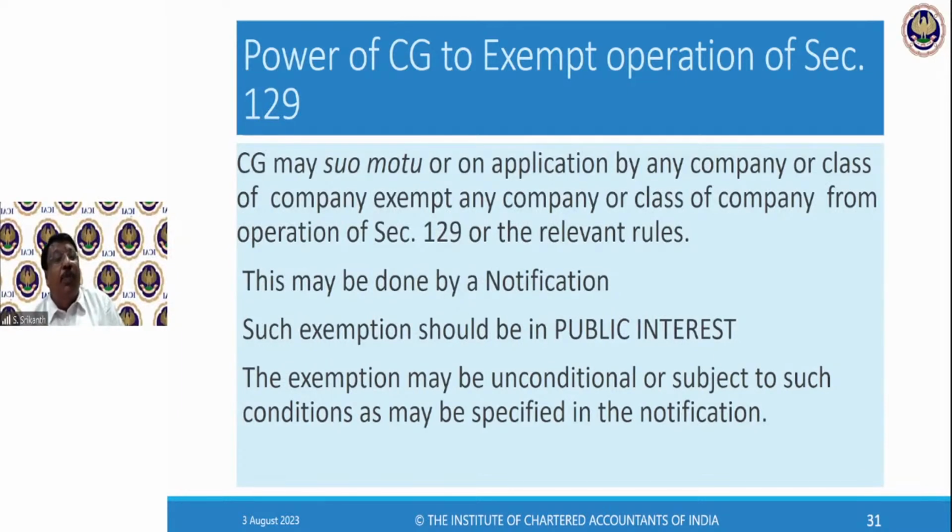Such exemption should be in the public interest. It should not be because you want to show or don't want to show; showing it or not showing it should be in the public interest. And the exemption may be unconditional or subject to such conditions, whatever it is. See, this only says